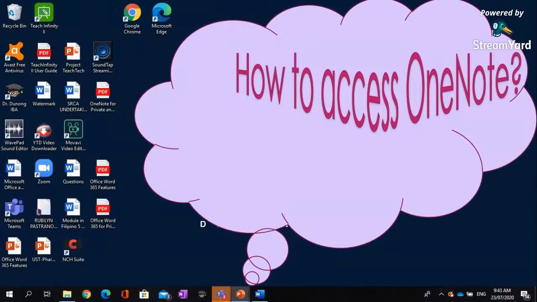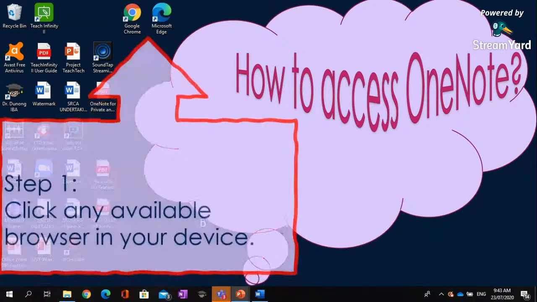Now, how to access OneNote? Yes, we need to know the basic. All right. If you have your Office 365, there's a different way of doing it. If you want to have OneNote in your mobile or smartphone, there's another way with that. Or if you have only your Outlook email or Microsoft account, of course, another way for that. Let's take it